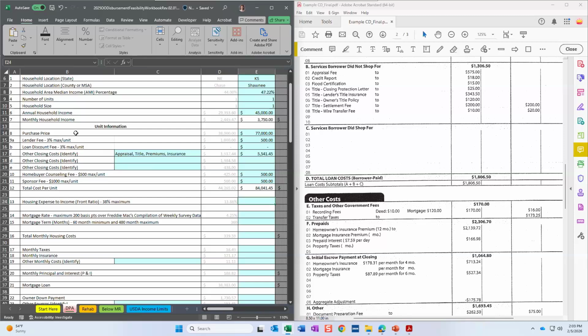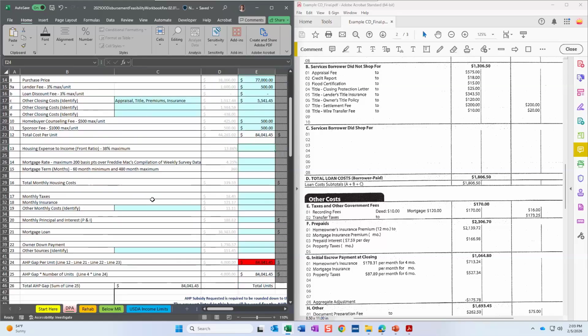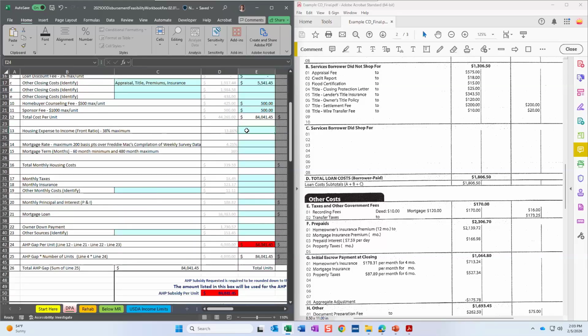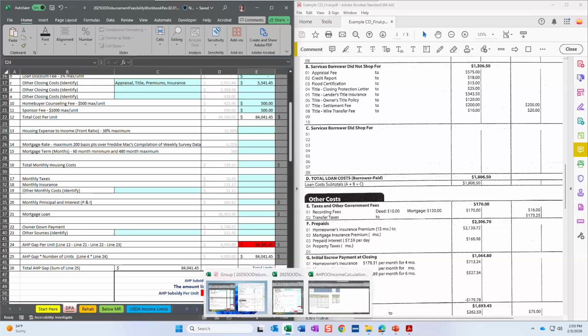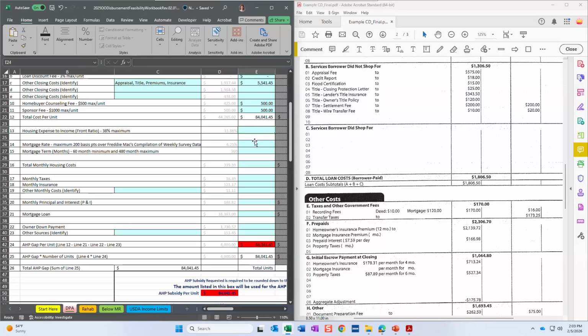Okay, so that is our uses of funds section here in some way. We're going to move on to the next section here. The first thing it's going to ask for is our front ratio. The front ratio, again, you can use the income calculation workbook to determine your front ratio. I'm actually going to come back to the front ratio in a second because we're going to use some of the data we're entering down below here to calculate said front ratio. So I'm going to fill out the rest here and then I'll come back and talk about front ratio.